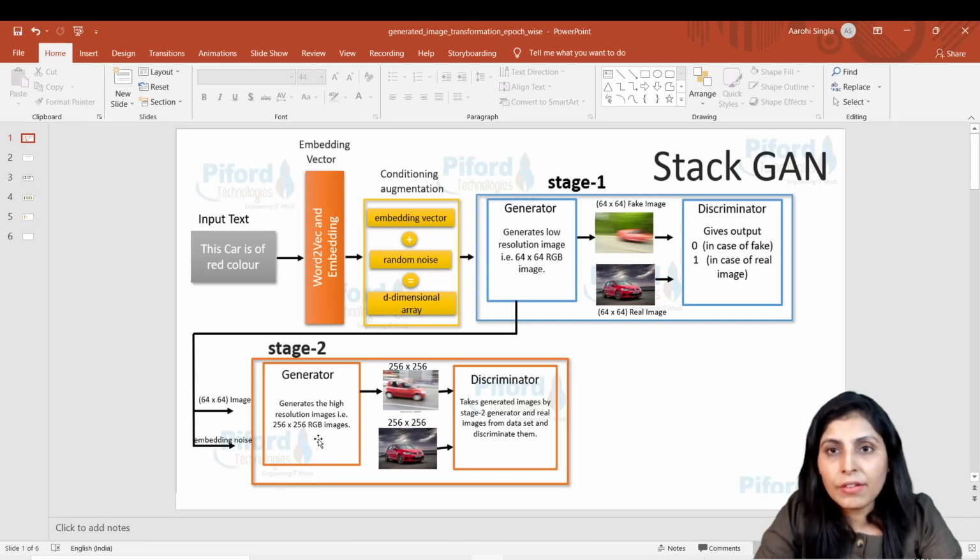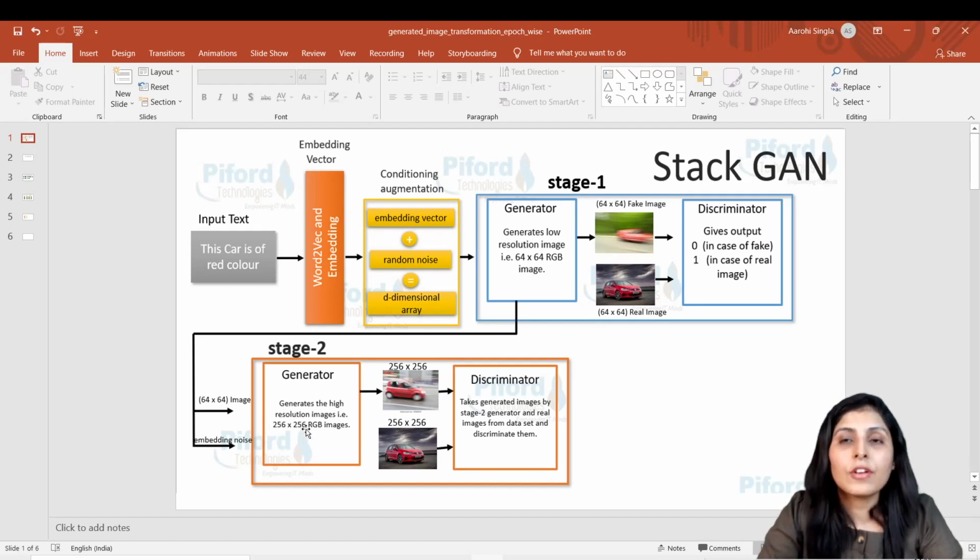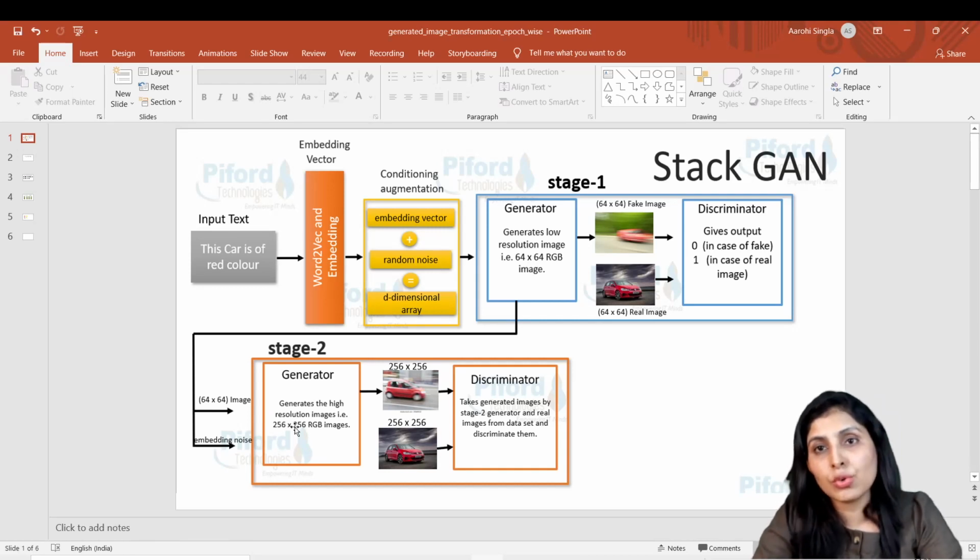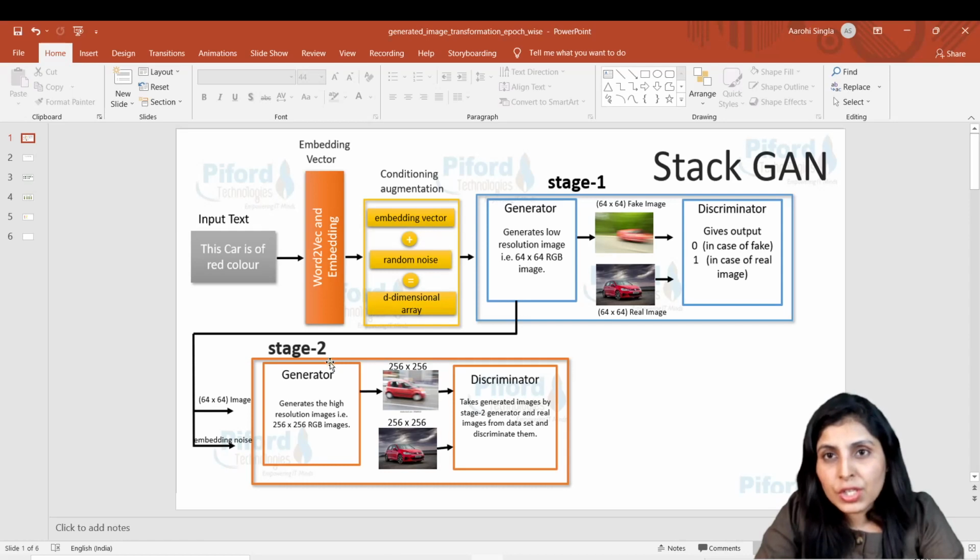Which results are they refining? The generator of stage 2 is refining this particular image which has rough details, and after some work, it will give you an image of size 256 by 256. So this is a high resolution image now. From the low resolution image, our generator of stage 2 is giving us an image of high resolution, which is 256 by 256.